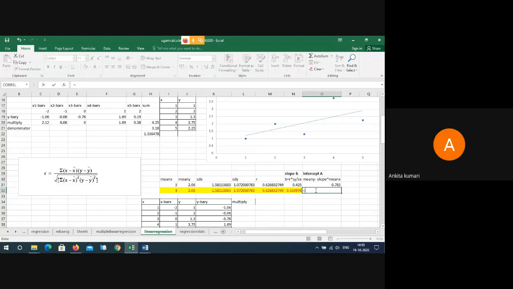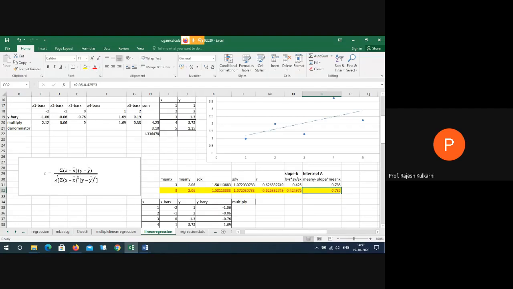Mean y is 2.06, minus slope, how much you got? 0.425. I'll go for 0.425. Okay. Multiplied by 3, mean x, 3. So I got this 0.75 here. So I got now slope and intercept.